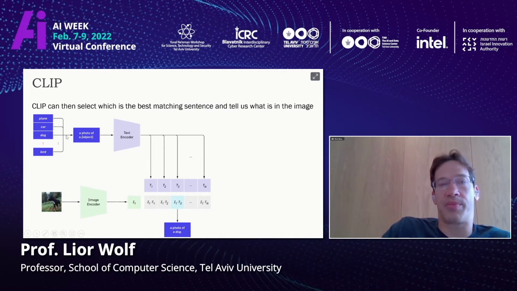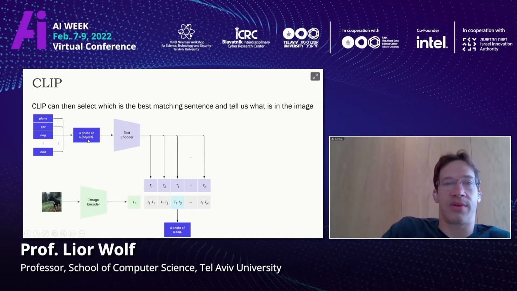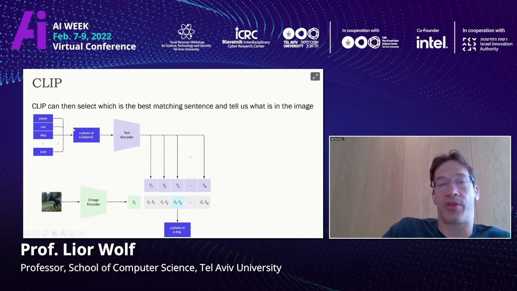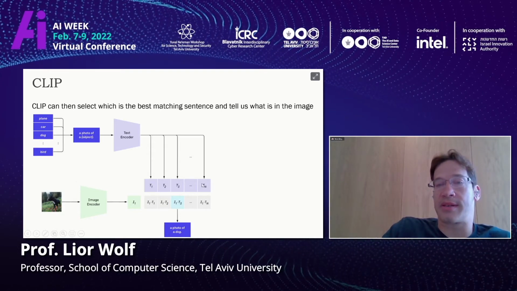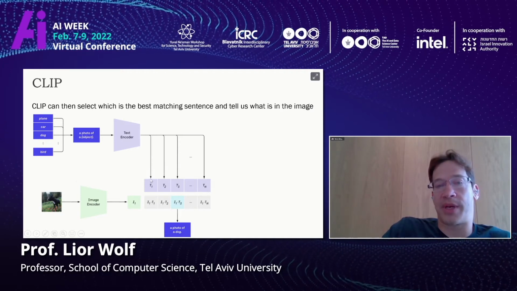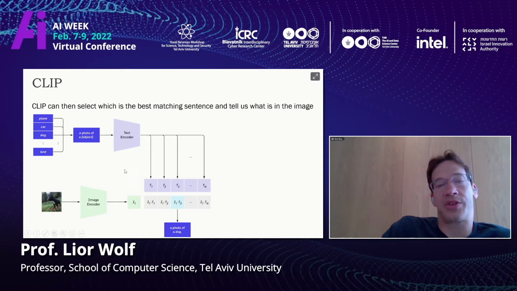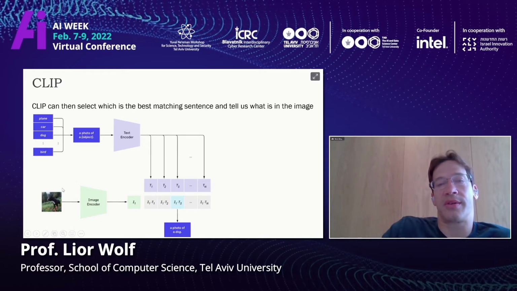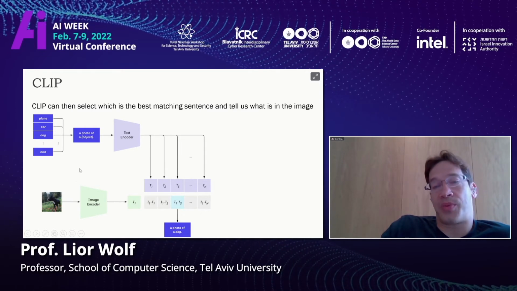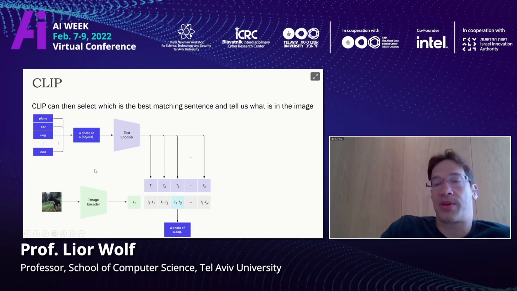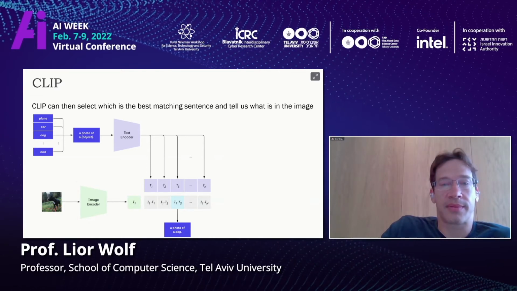So you prepare a template, a photo of some object. So is it a photo of a plane, a photo of a car, a photo of a dog? You get multiple sentences over here. And CLIP basically selects the correct sentence. And then you get classification. This is a photo of a dog. This is pretty amazing because CLIP was not trained to do this task, but yes, we're able to do it through the power of zero-shot learning.